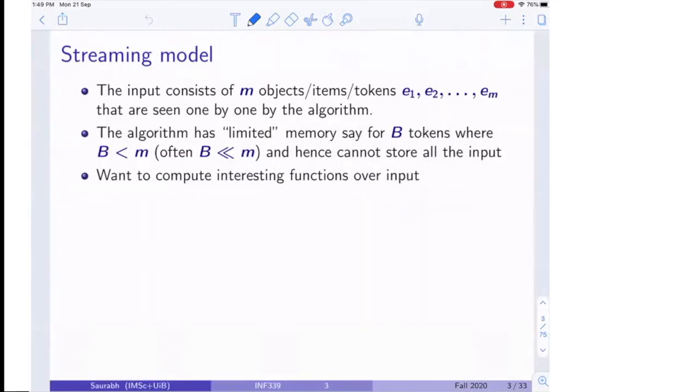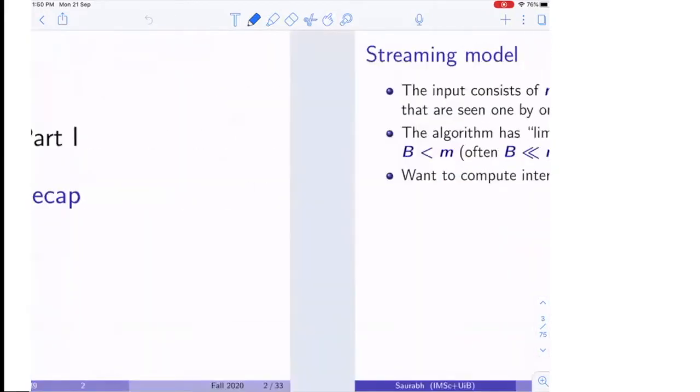Again, our streaming model consists of objects coming in a stream, and we have to store some amount of information from this streamed object, where the space is much smaller than the length of the stream, and we would like to compute some interesting function over the input. Okay. So last time